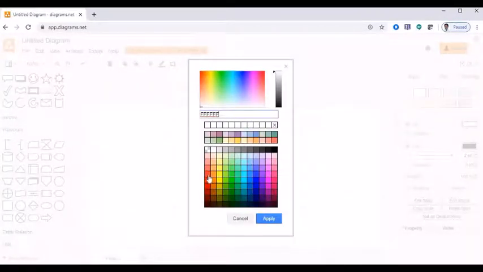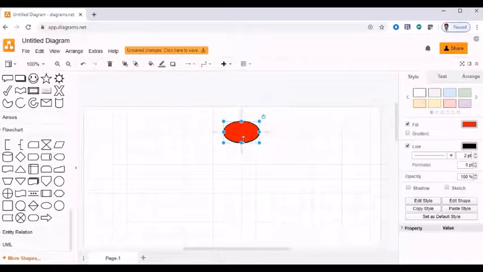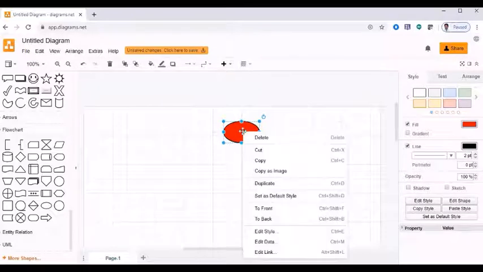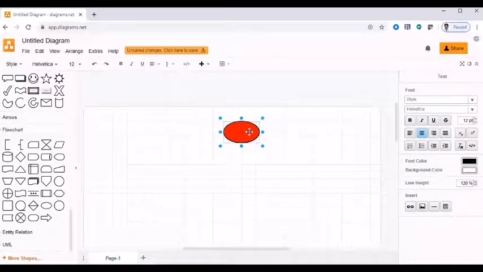These are the various options, colors available, and if you want to add text we can do that. All the other various options are available here. If you want to change the font size, you can change it from here. So this is about picking up the symbols from the left side.